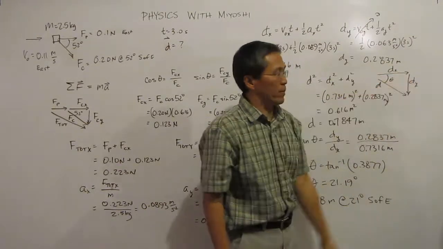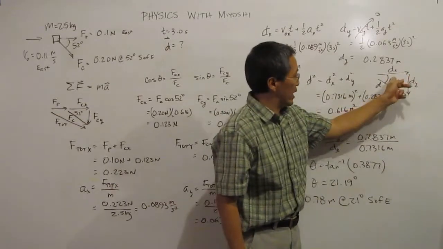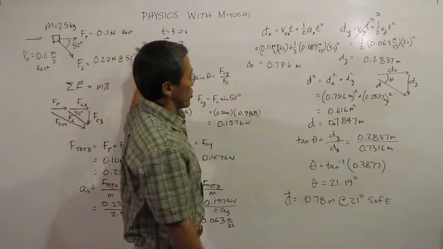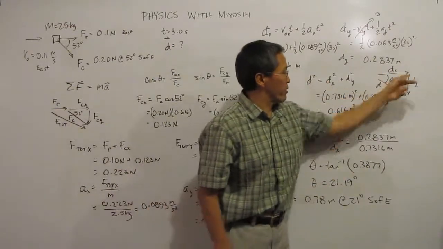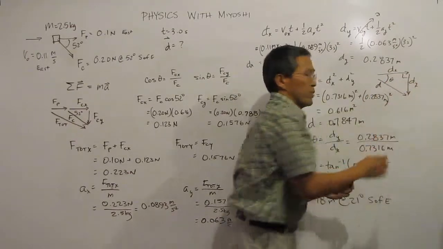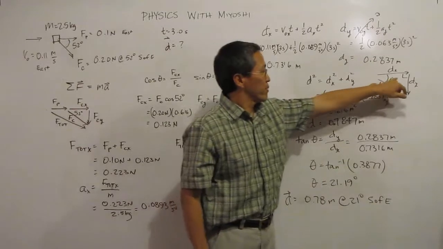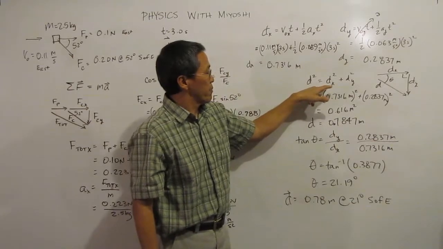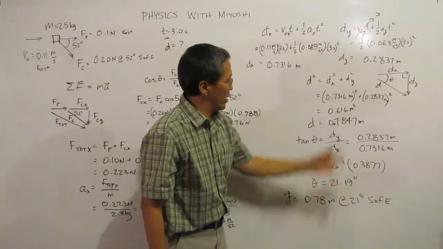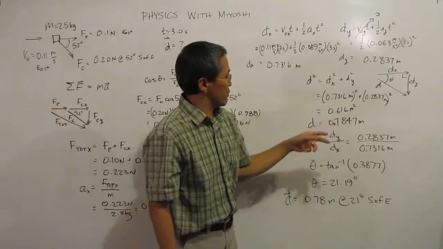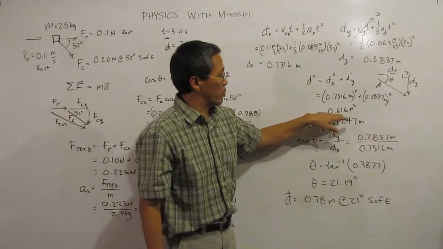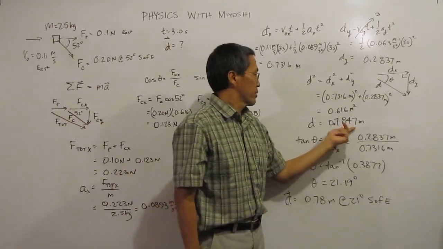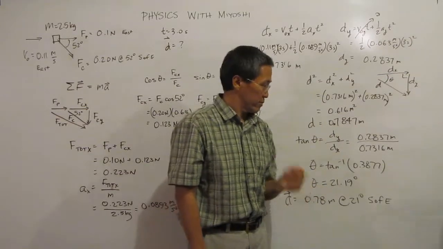Now, if I break that up into a little triangle here, I have the total displacement, and I have the dy and the dx, and I have my theta here, and I know it's going to go down based on the forces back there. So I'll use my Pythagorean theorem because I know that the angle between my x and y is 90 degrees. So d squared, my total displacement squared, is my x displacement squared plus my y displacement squared. I do all the math there, plug in these numbers, and I end up getting d squared is 0.616 meters squared. Take the square root of that on both sides, so I get d is 0.7847 meters.